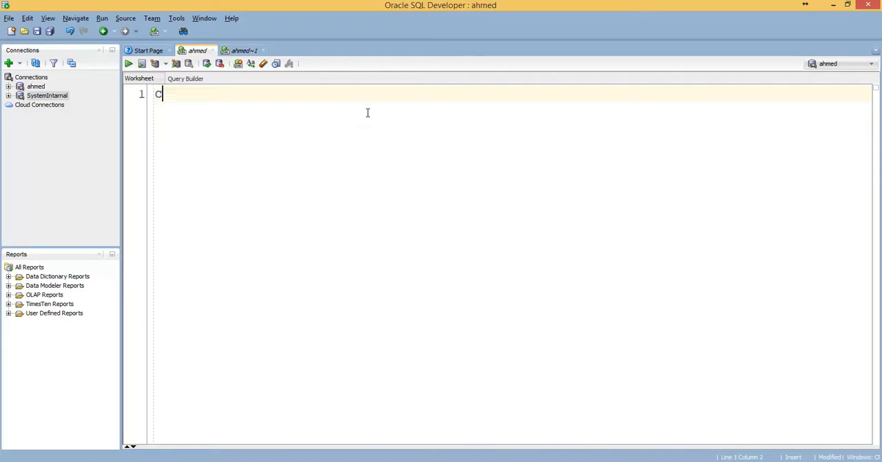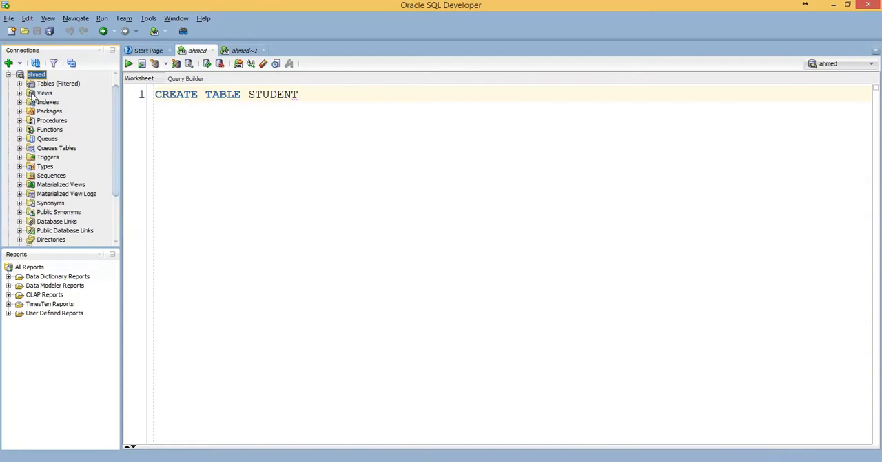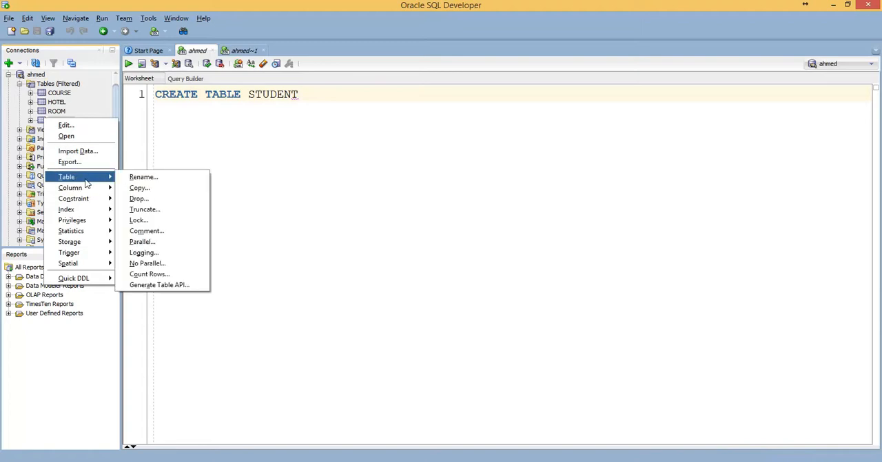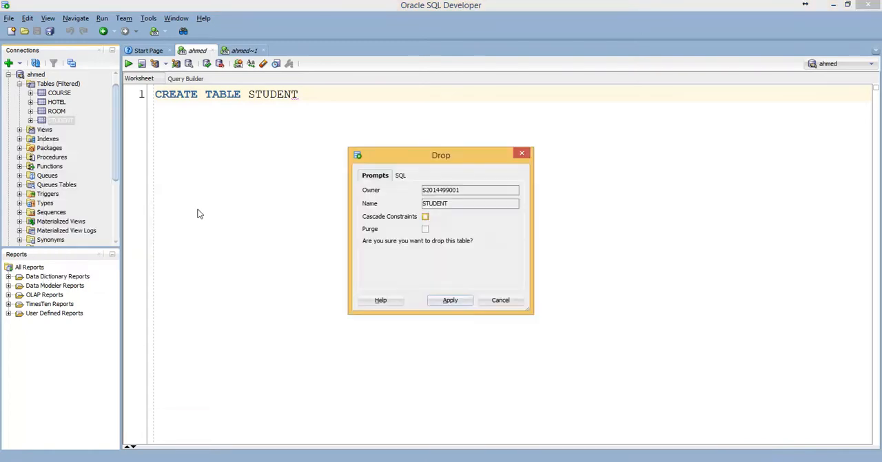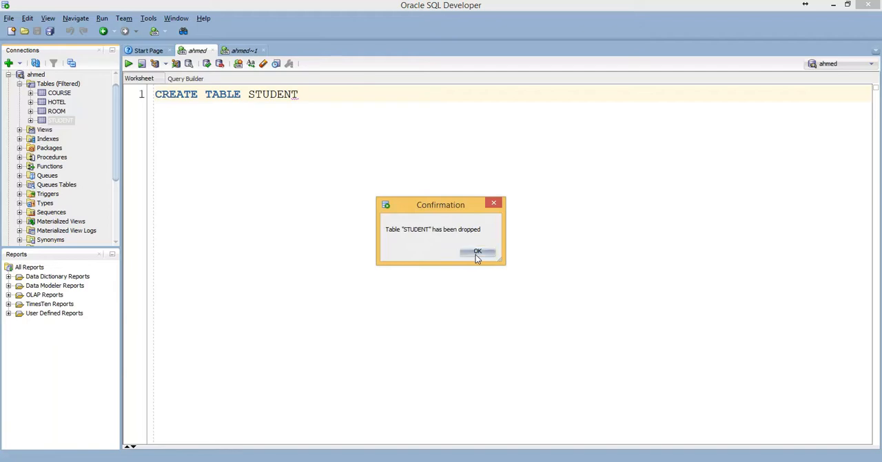To create a table, again, create table student. I think I have a student table. Let me check. Yeah, I need to drop it first. From here, table, drop. Now